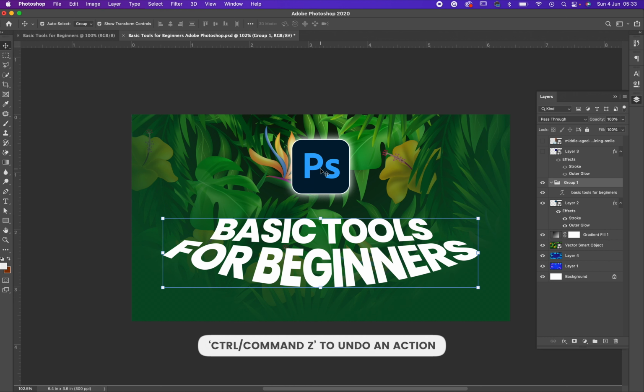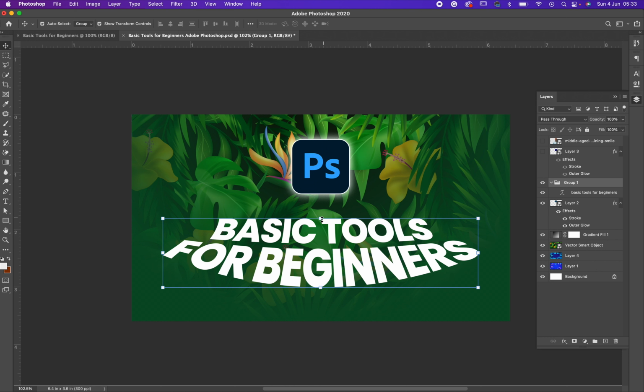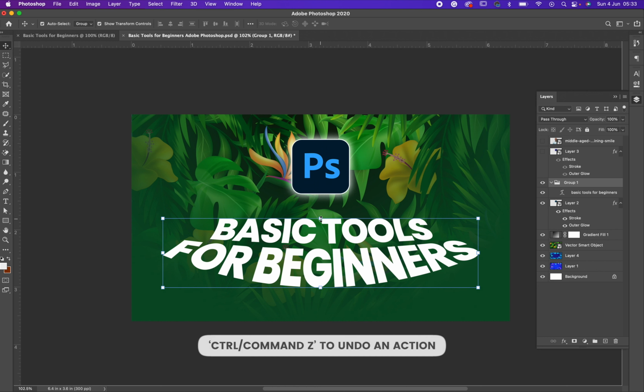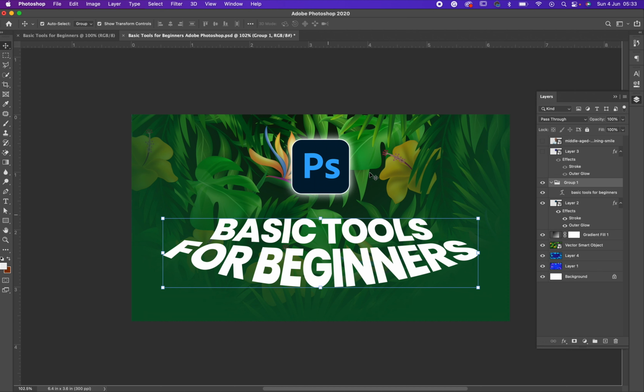And if you pay attention to what I just did right now, I just used Control Z or Command Z to bring my file back, right? So that's what I do. To undo any action, you need to click on Control Z, right? To bring your file back. Okay? The next thing we are going to be looking at concerning the move tool